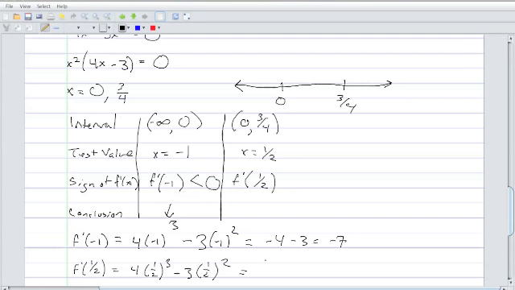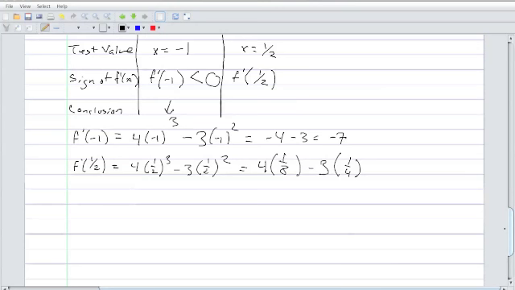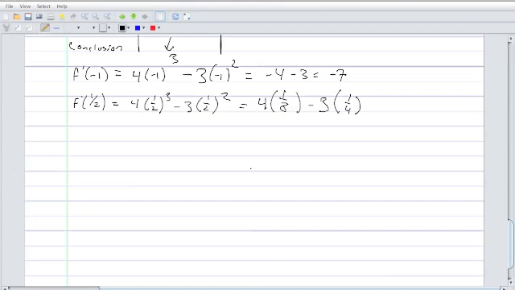That's going to be 4 times 1 over 8 minus 3 times 1 over 4. Then that's going to be